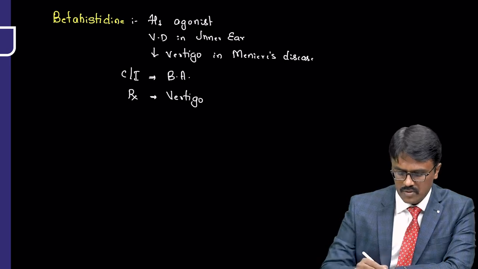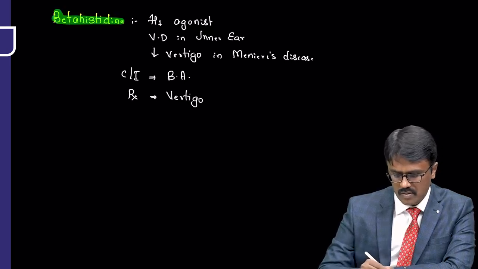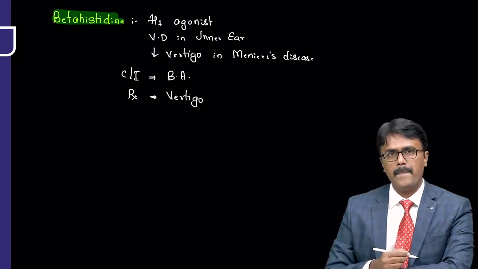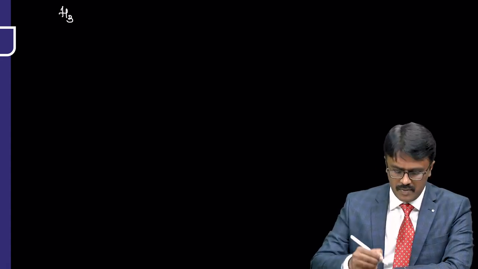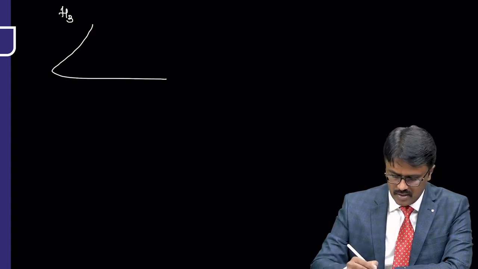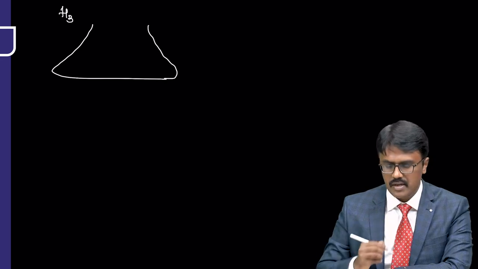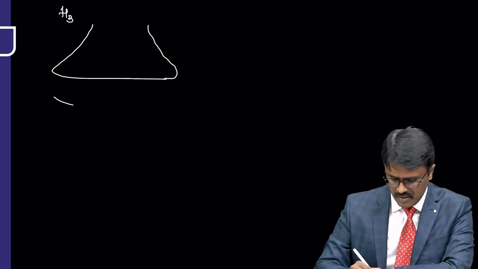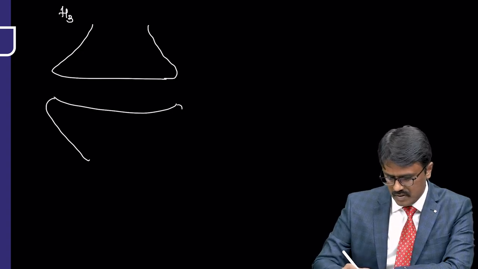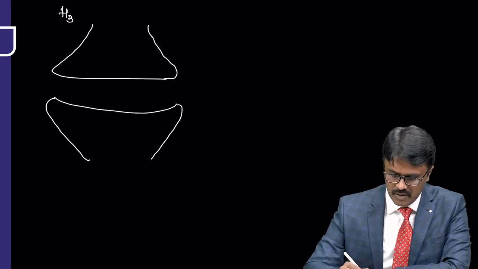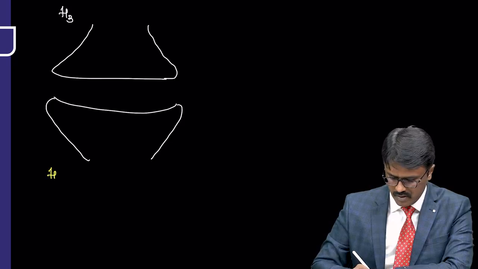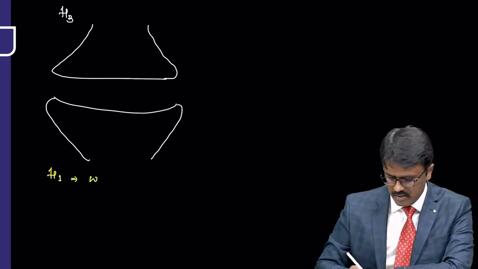So this is the only therapeutic use of the histamine agonist, that is called betahistine. Now if you remember, I was telling you one more thing, that there is an H3 receptor, and I told you the H3 receptor is present presynaptically. That means if I draw a synapse, this synapse is in the CNS. So this is the synapse. Now I told you histamine, particularly through H1, is responsible for increasing wakefulness.